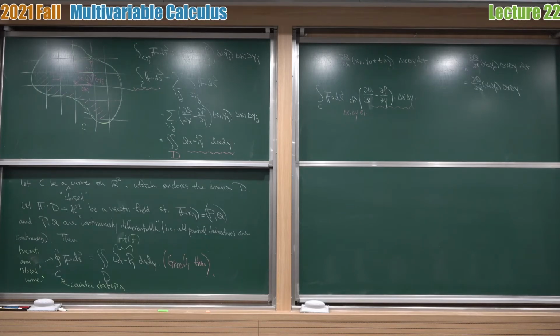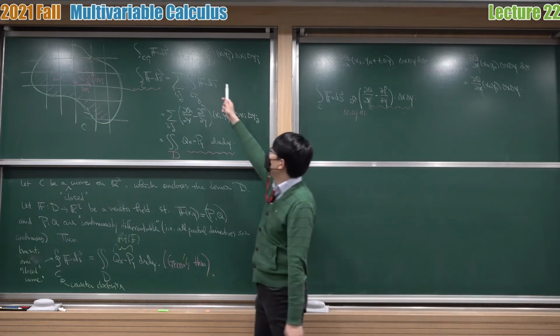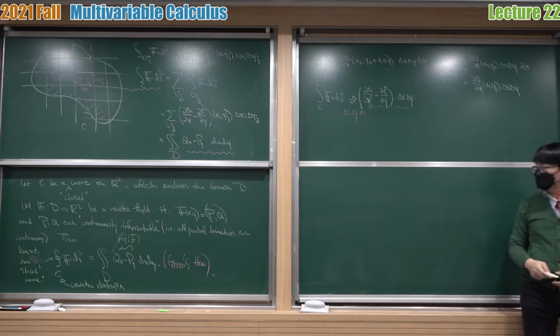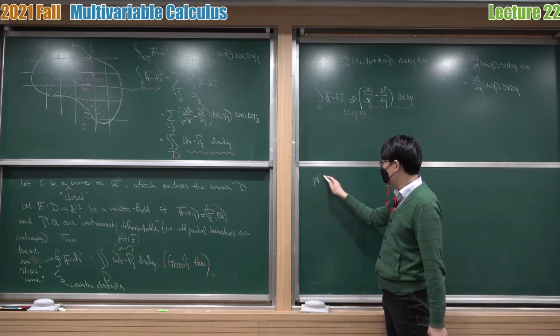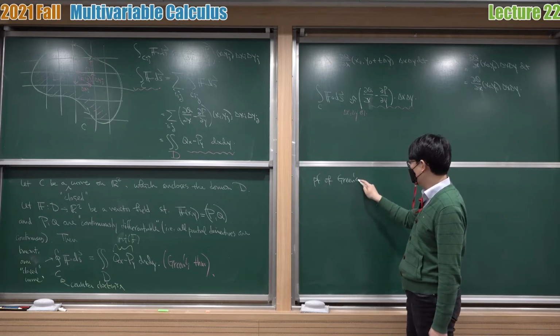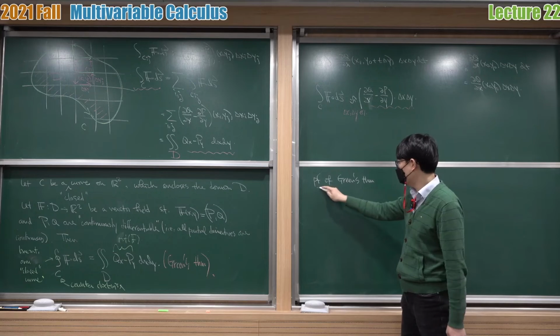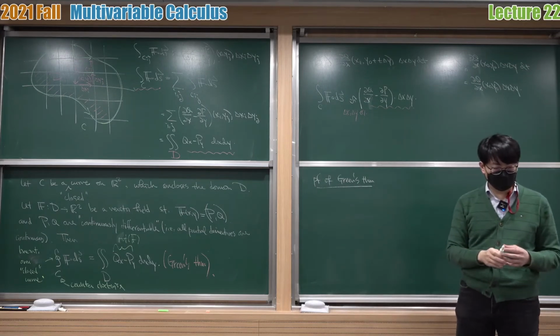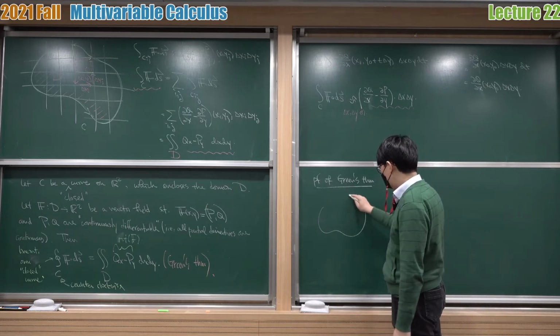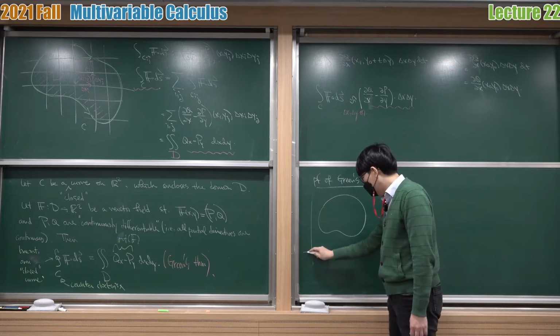I can give a more concrete proof for Green's theorem, because if you are not comfortable with the vague argument that this is approximately equal to that rot of F, then let me give a proof. I'm going to give a proof for Green's theorem where the curve is a convex curve. Suppose that I have a curve on xy space,